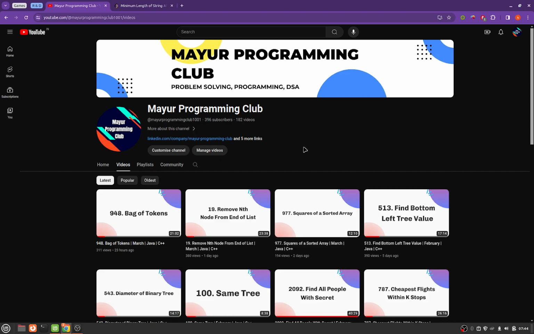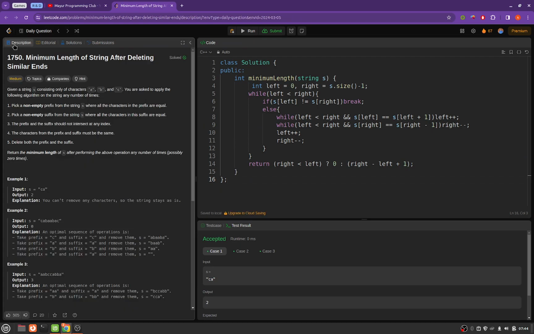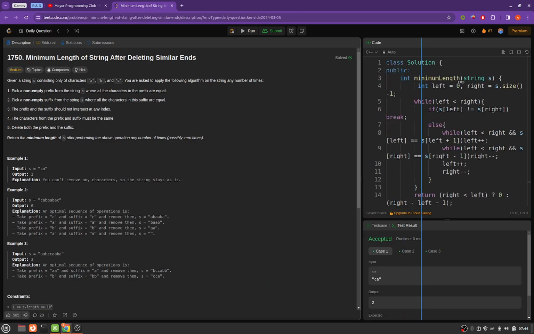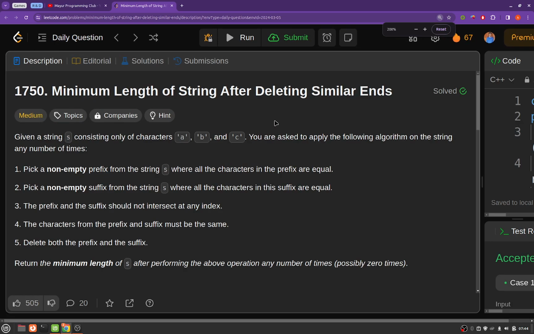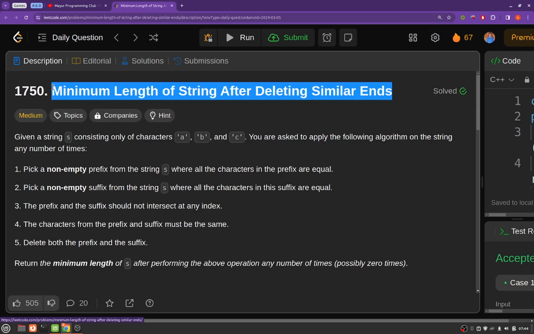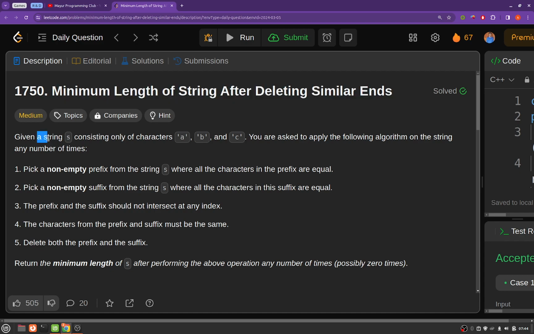Today we will be solving another daily Leetcode problem, and the problem's name is minimum length of string after deleting similar ends. Okay, so you will be given a string S which will be consisting only three characters A, B and C,